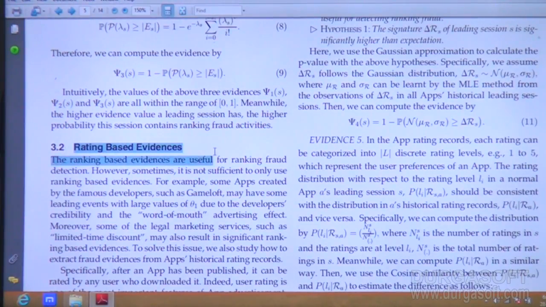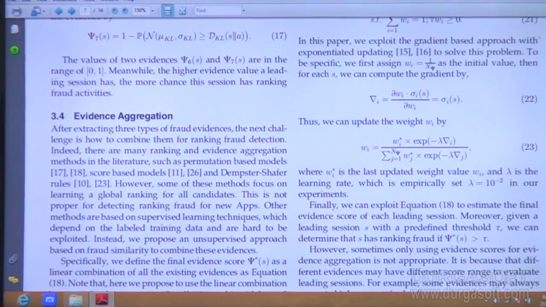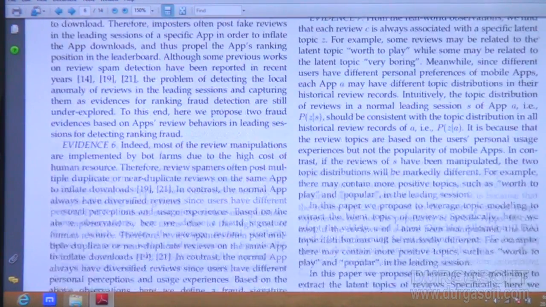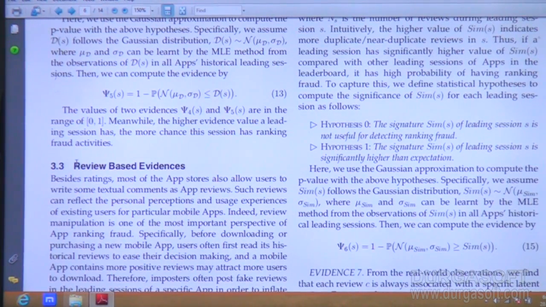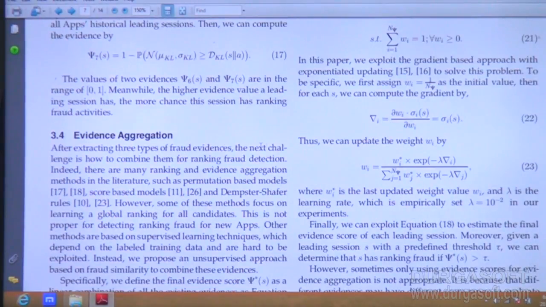This is rating based evidence. Like that we have one more evidence, that is review based. This is ranking based evidence, rating based evidence, review based evidence. Three evidences we are collecting, and finally we have to aggregate all the evidences.